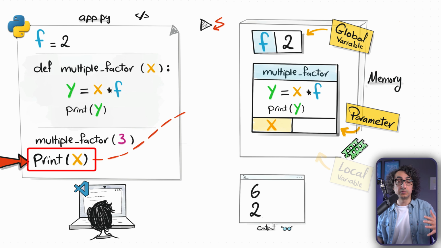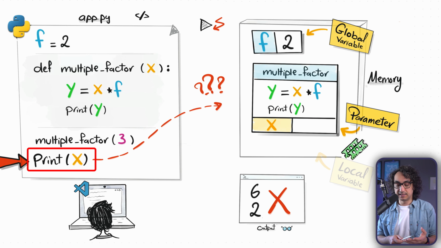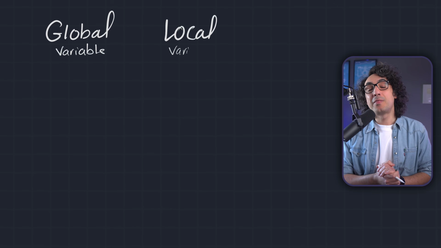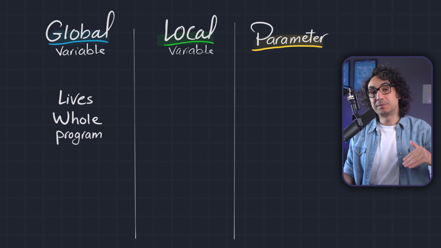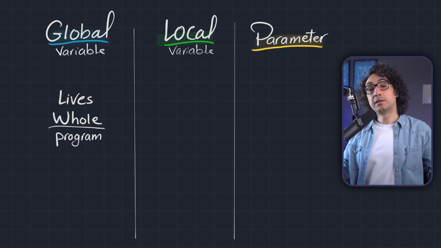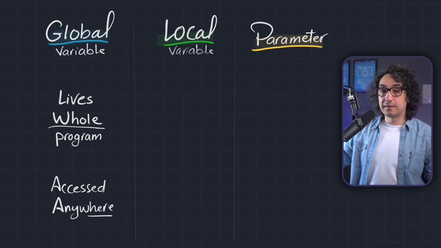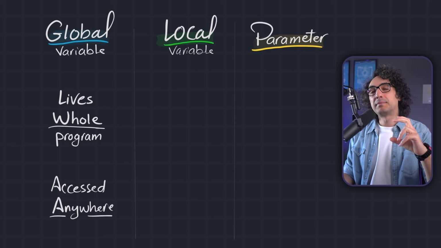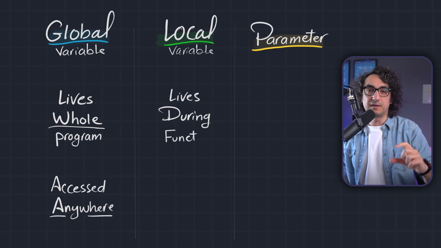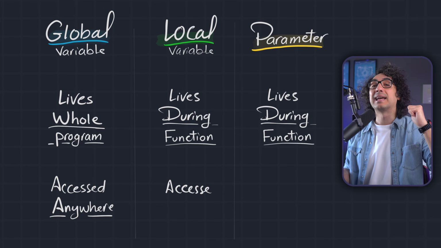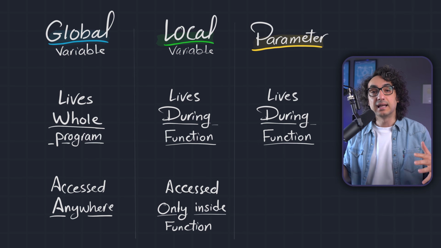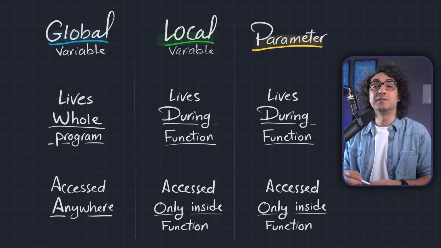You're going to get an error if you do that outside the function, because Python sees only the object f and the function object. Of course, you cannot use its parameter without calling it first. So let's recap. The global variables have a long life, so they will be created at the start and destroyed by the end of the whole program, and they can be accessed everywhere, whether inside the function, outside, wherever you want. But the local variables and the parameters have a short life. They only live during the execution of the function, and they can only be accessed inside the function, not outside. And those are exactly the differences between them.